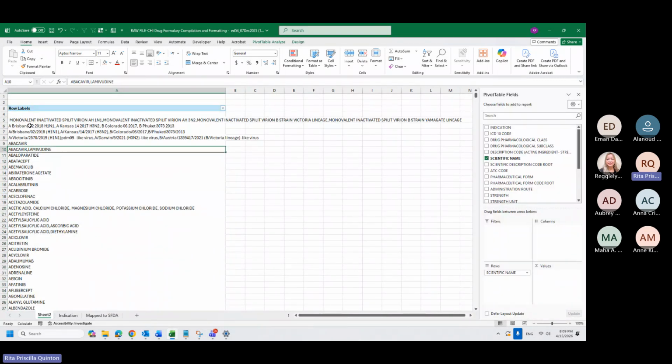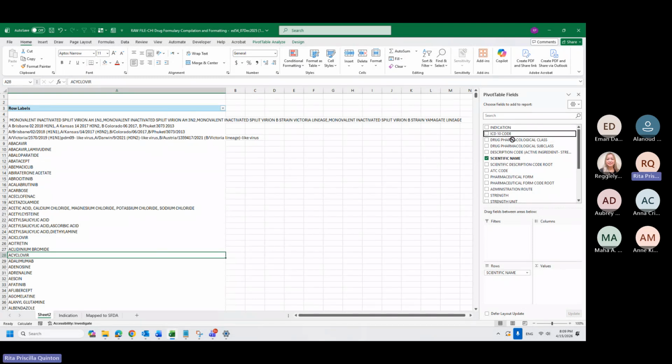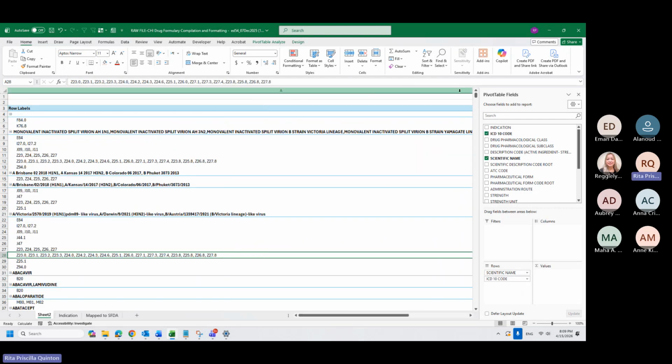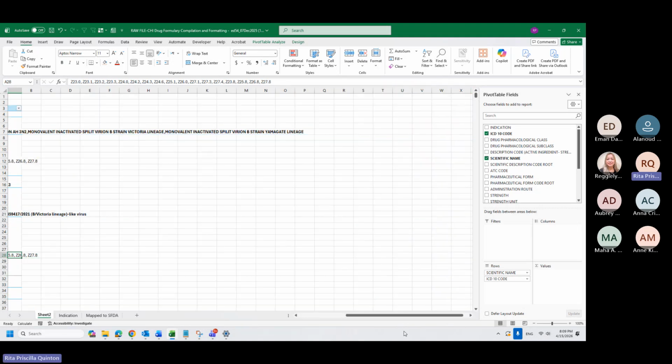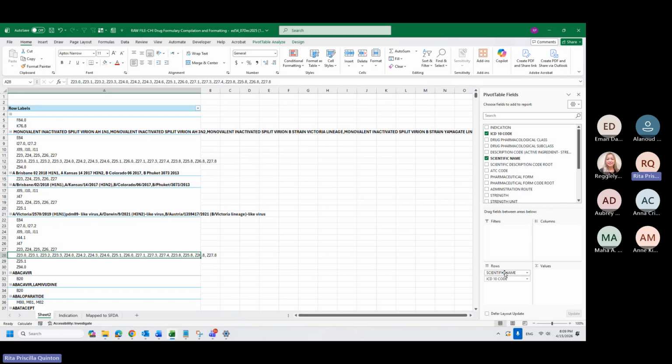Now, since I want to know, for example, what are the diagnoses that are acceptable for aciclovir. Okay, so now I don't see the list of diagnosis. What I will do, I will take this diagnosis and drag it here down. Okay, so if I put it here, you will find the diagnosis that are under a specific scientific name.